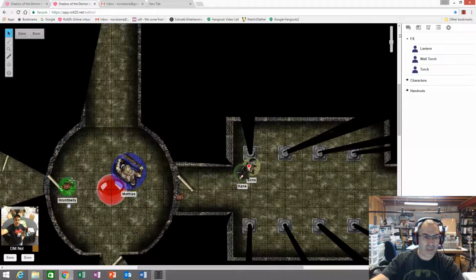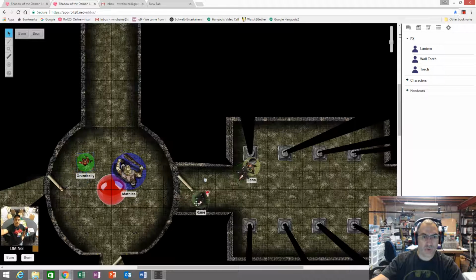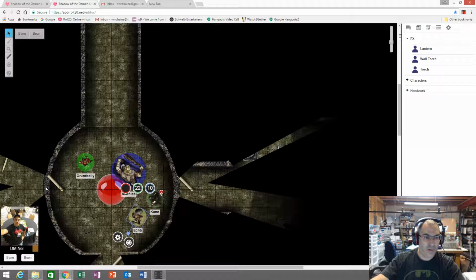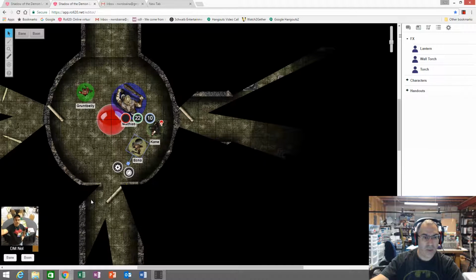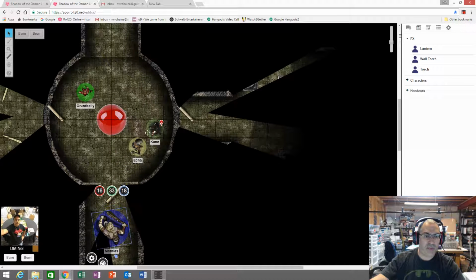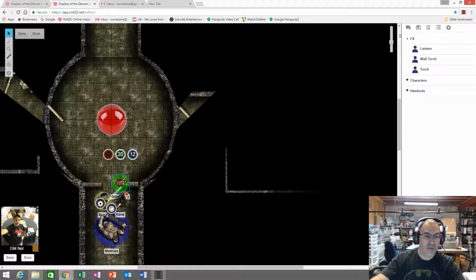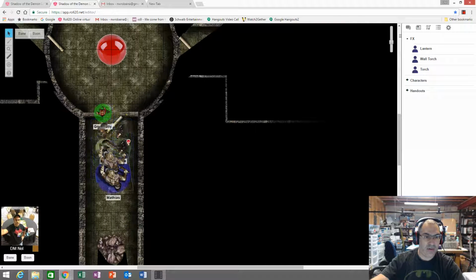And at this point, they had a choice to make, which was to go through the door on the left, which was closed at the time, or the door at the bottom, which was closed at the time. So they decided to progress through the door at the bottom. And when they do so, they see that the door leads to a hallway, and the hallway is blocked by an elven statue.